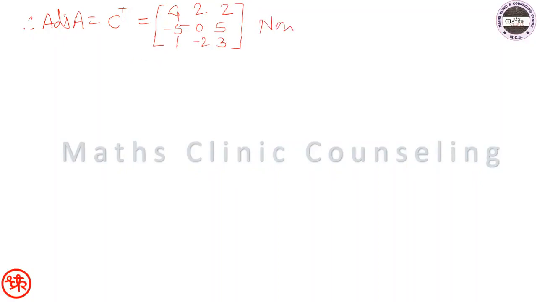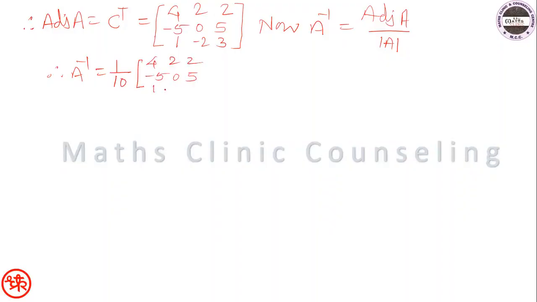एंड नाउ A inverse is equal to adjoint A divided by determinant A. Okay, and therefore A inverse is equal to, what is the value of determinant of A? It was how much, 10 हमने निकाला ये, तो it is 1/10 into adjoint A कितना है, 4 2 2, -5 0 5, 1 -2 3। ये इनवर्स हो गया,